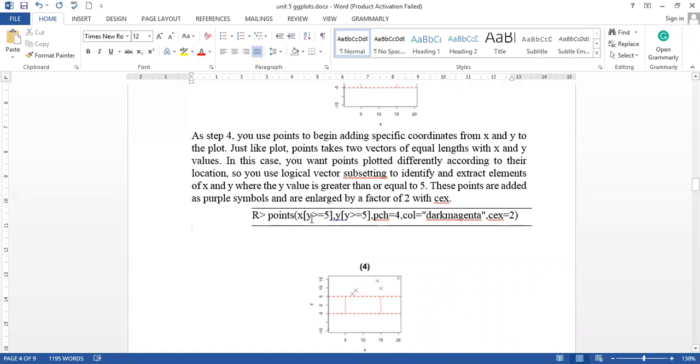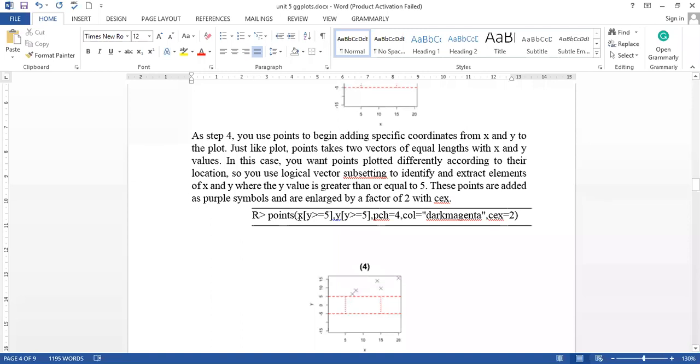In x, we have defined the condition where the y value is greater than or equal to 5. In y also the same condition applies: the y value is greater than or equal to 5. It will check in the two vectors that we have previously defined, the x vector and the y vector.